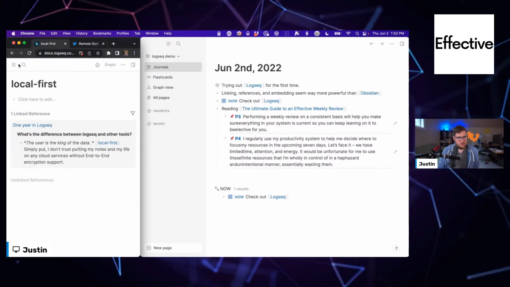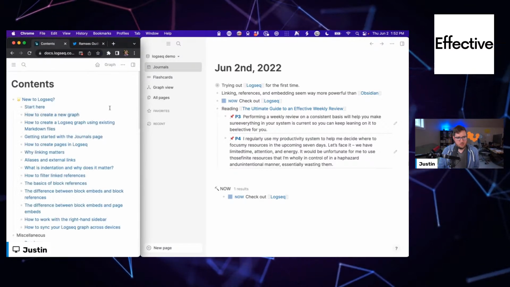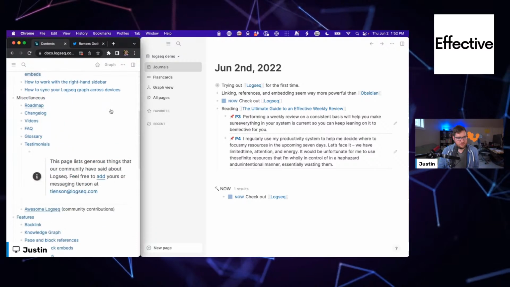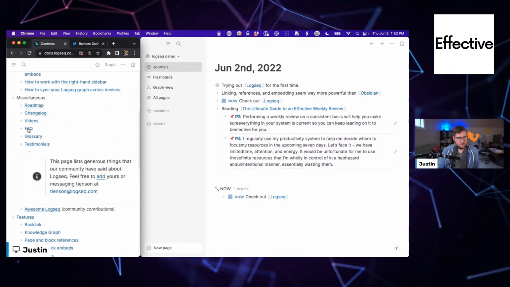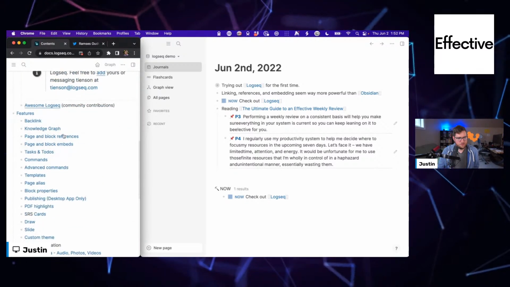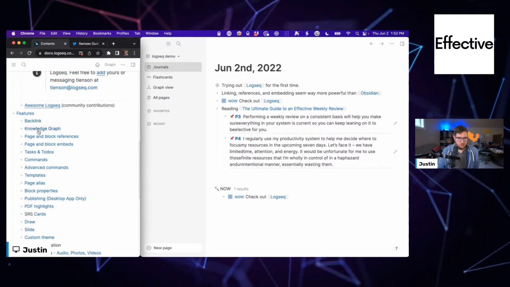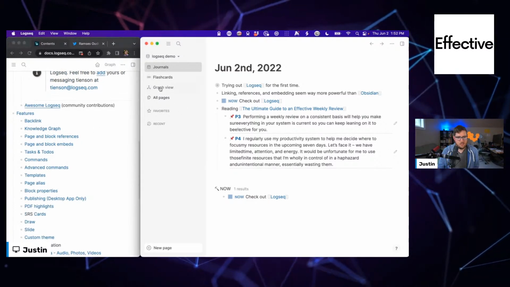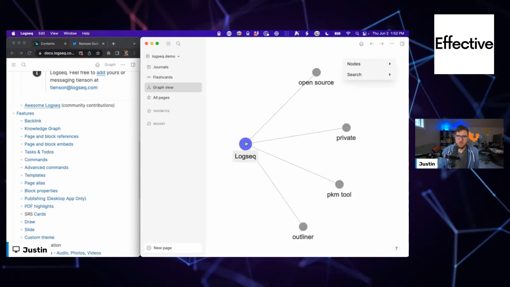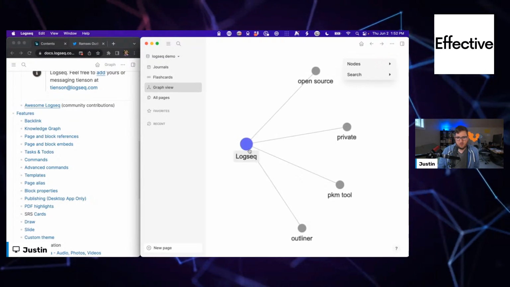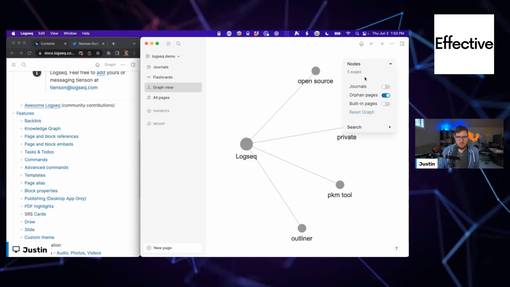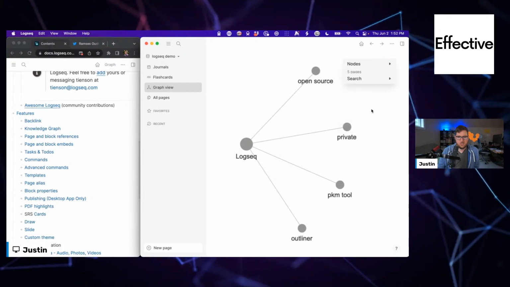All right. Let's head home here on the help vault. Backlinks, knowledge graph. Let's take a look at the graph view. Pretty basic for right now, but you can search it, which is neat.